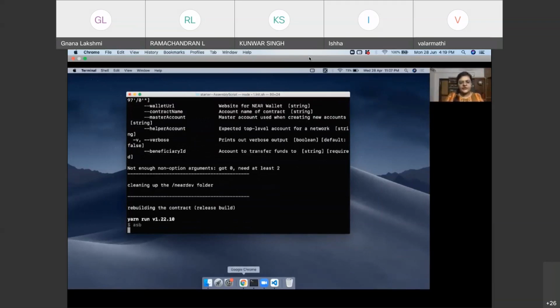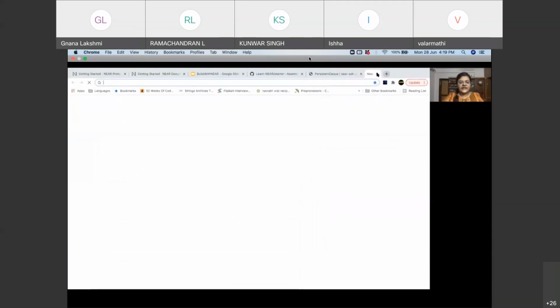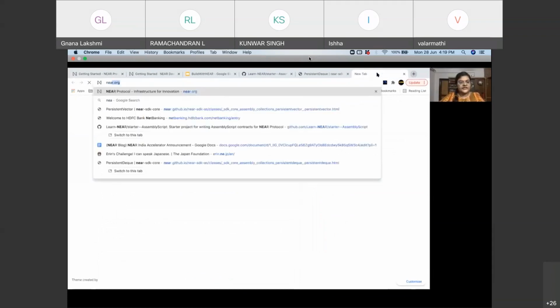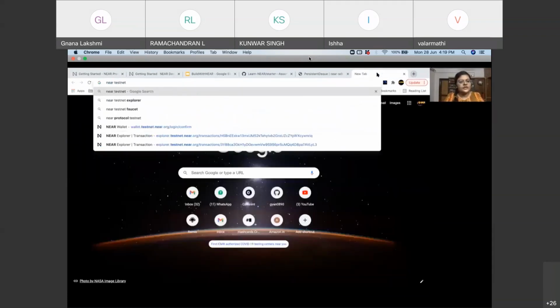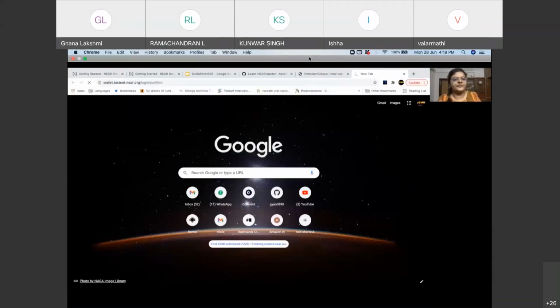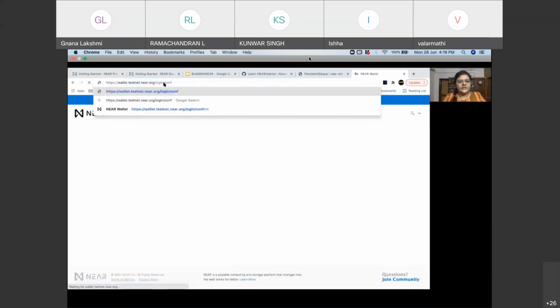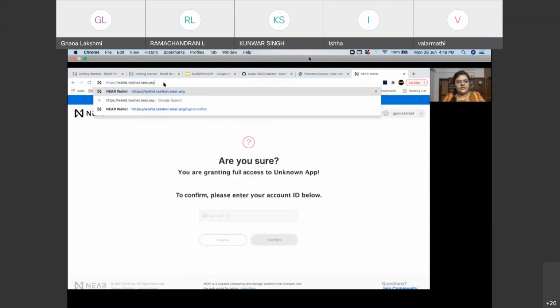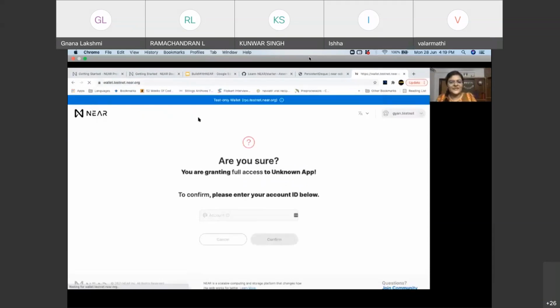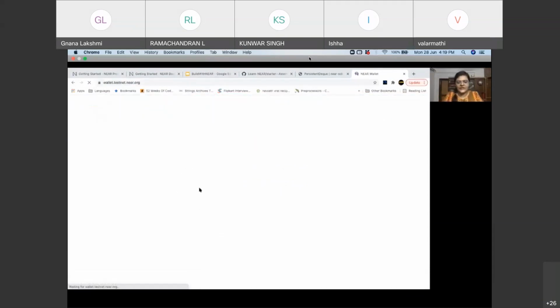Another way to do this is you can create your own testnet account. So if you go to wallet.testnet.near, you can create your own account. I have some older login confirmation page that has just opened up. So it's some unknown app that I was locally building.